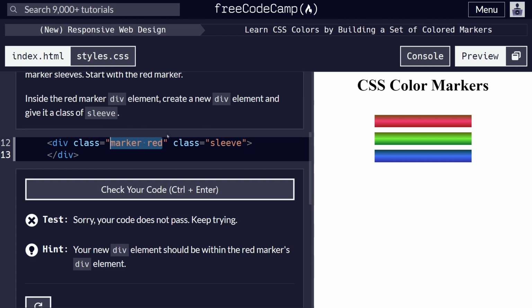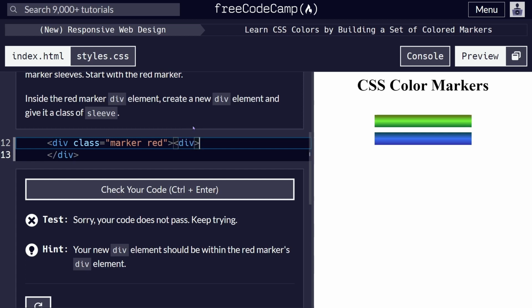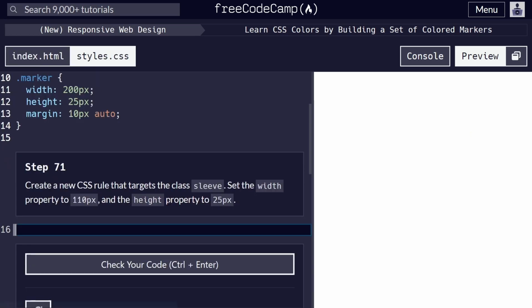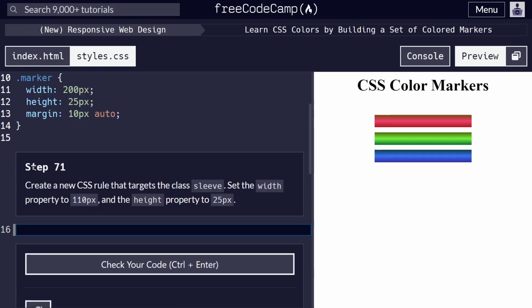Inside the red marker div, create a new div. 放错位置了。在这个里面再放一个 div。D I V。回来 CSS 了。